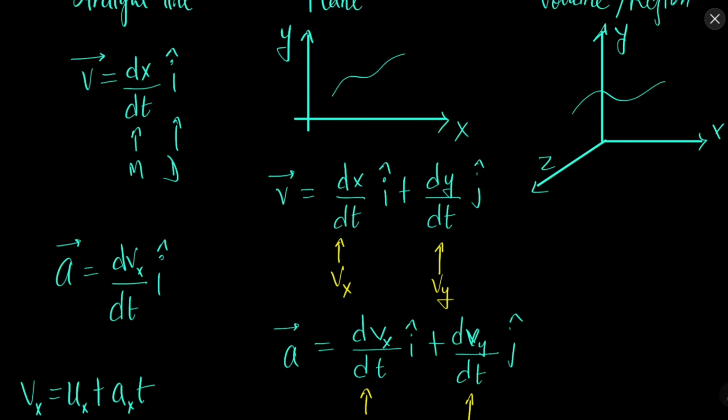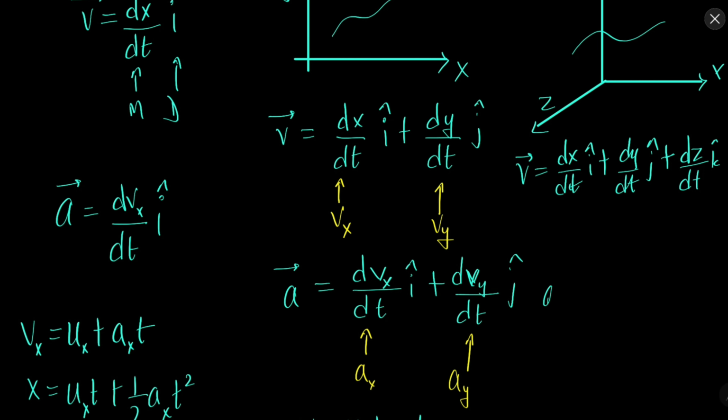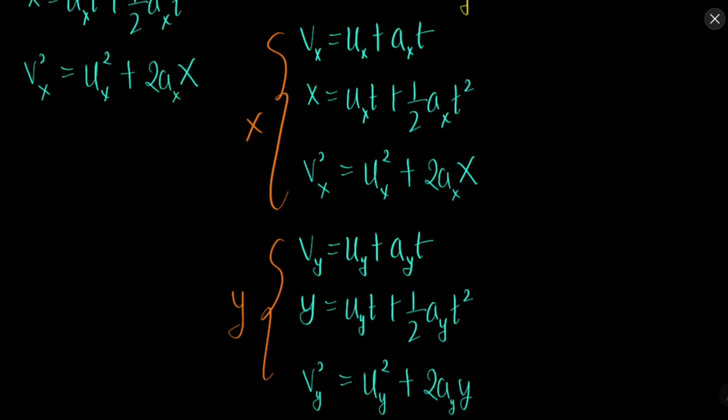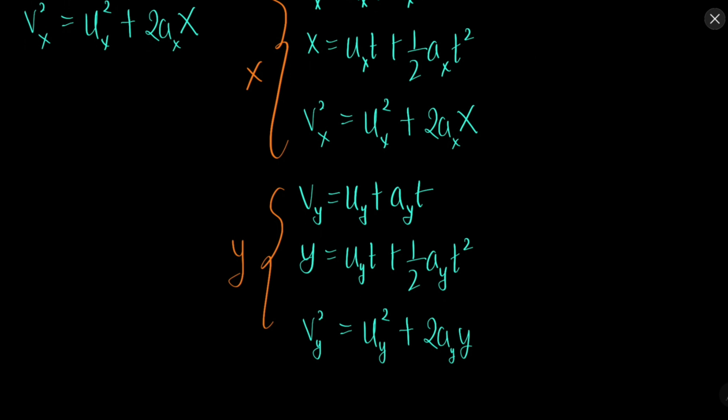So for example, velocity can be dx by dt i cap plus dy by dt j cap, and for the z axis we use k, okay. So dz by dt k cap. And similarly acceleration will be there: dvx by dt i cap, dvy by dt j cap, dvz by dt k cap, okay. So quite simple, and we will have three sets of equations, one each for x, y